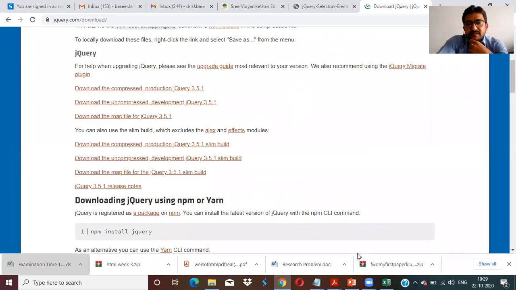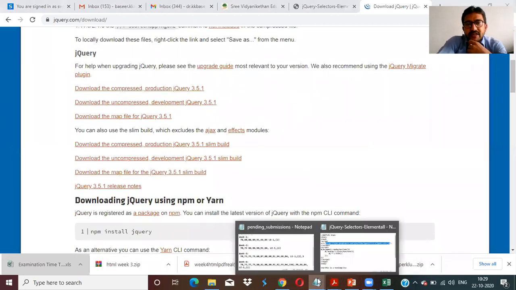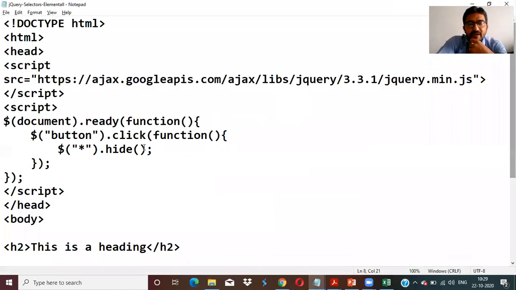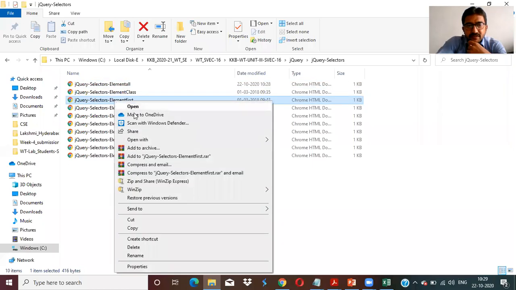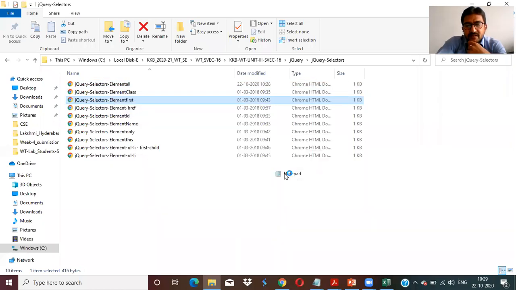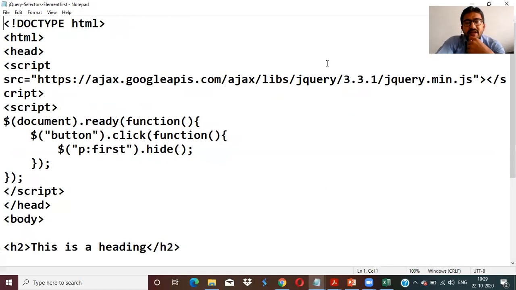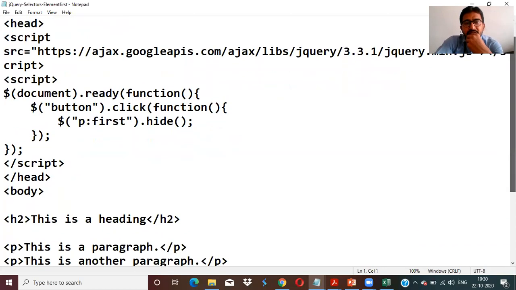Okay. So if you have internet, it is better to use the direct path. So how we are writing the code is here, the simple code. Let me open another example so that you can understand the first element a little bit. For every small concept, I'm using a small program to practically understand how the concept will run. If you do not run the program, it is very difficult to remember the concept as well.